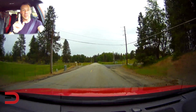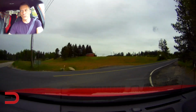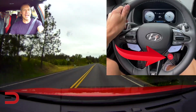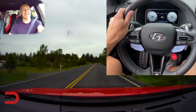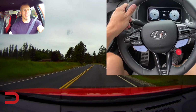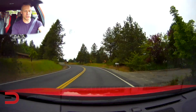So there's also something else that's very special, and when I first saw it, I go, this must be some kind of booster button. A little James Bond button, I think. It's called the NGS, N Grin Shift. And what it does when you hit it, it gives you 20 seconds to increase your horsepower by 10 horsepower over that duration and make it exhilarating. So it's a boost. So I press it now,